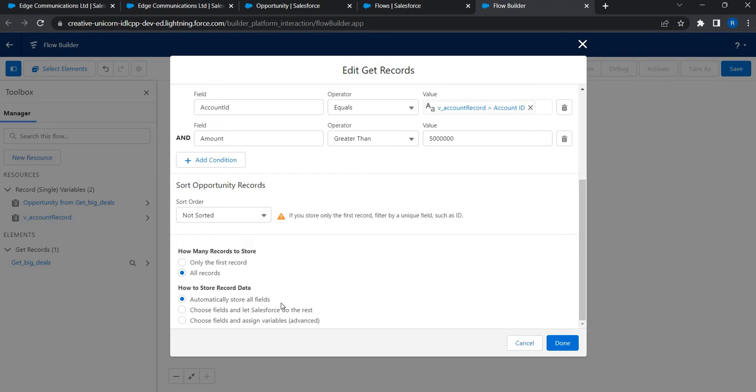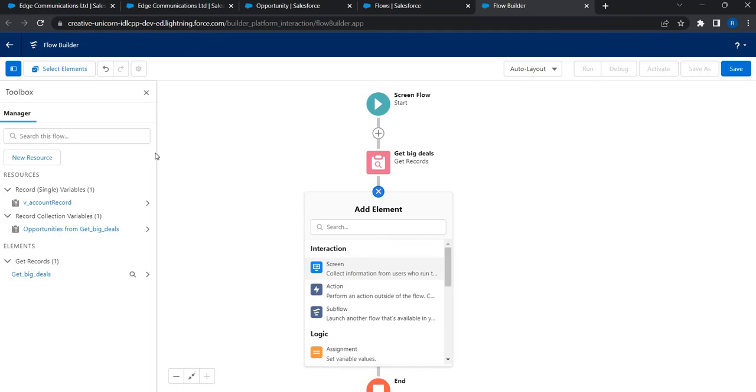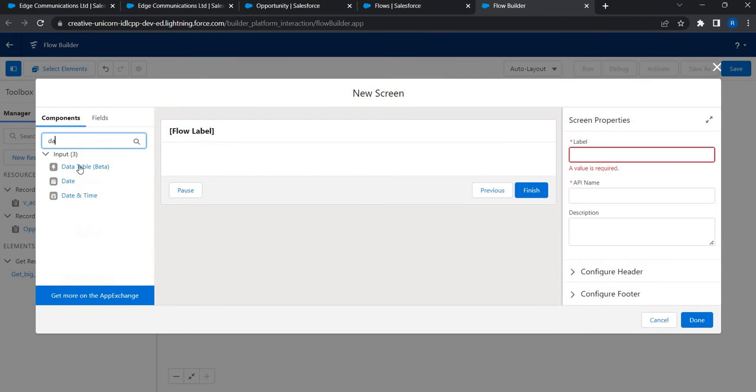Again, I want Salesforce to automatically store everything for me. So what happens is when I do this, it will create a record collection for me. This will hold all the filtered opportunities. So let's use this in the next step where I'm going to create a screen and let me just use